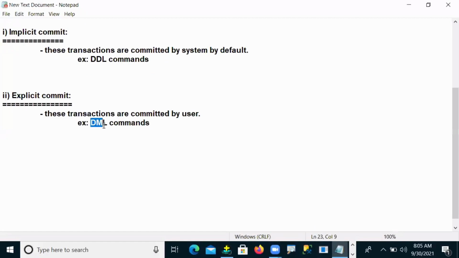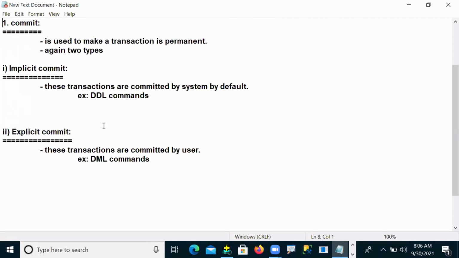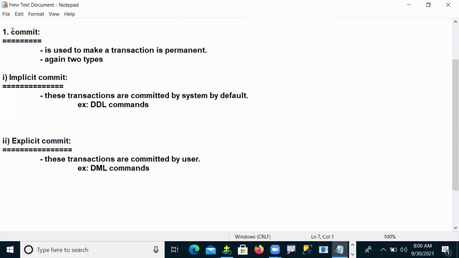So what do you understand here, guys? Like this, every DML operation is temporary: when you insert, it is temporarily inserted; when you update, temporarily updated; when you delete, your data is temporarily deleted. These are temporary DML operations. Whenever we want to make them permanent, which command do I have to use?